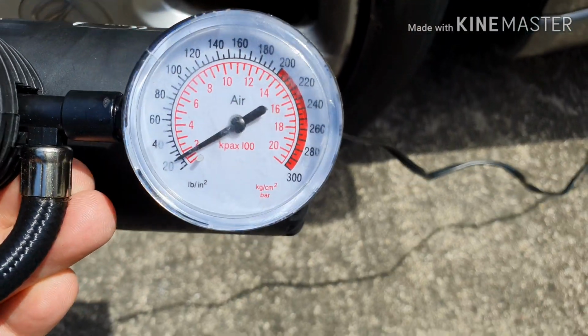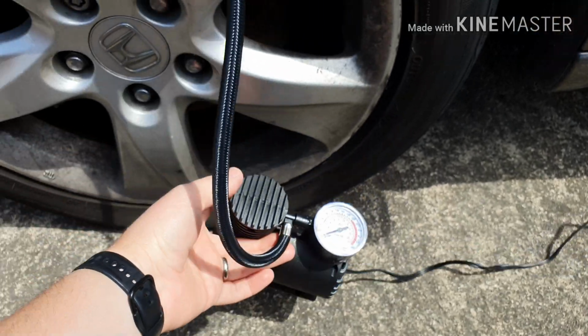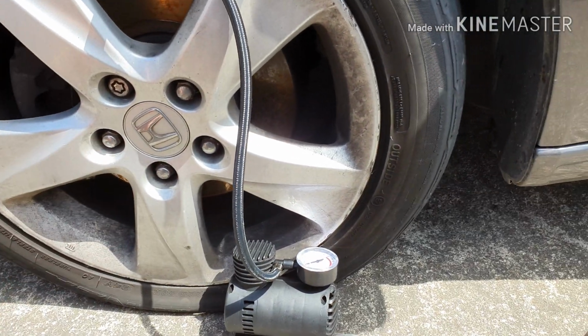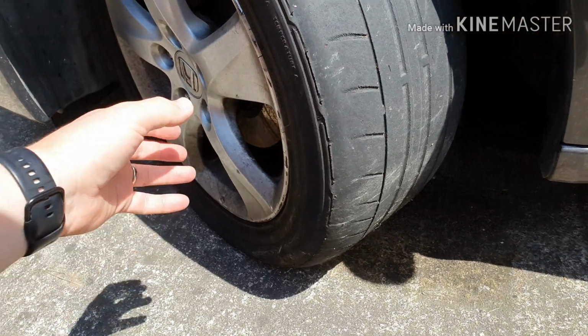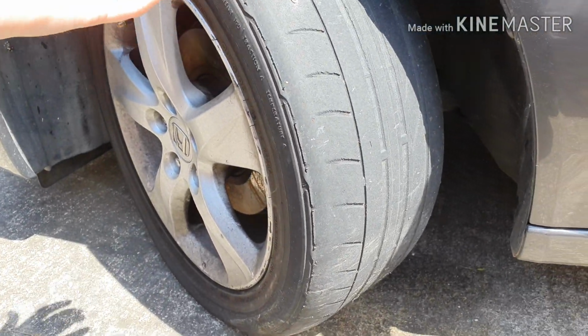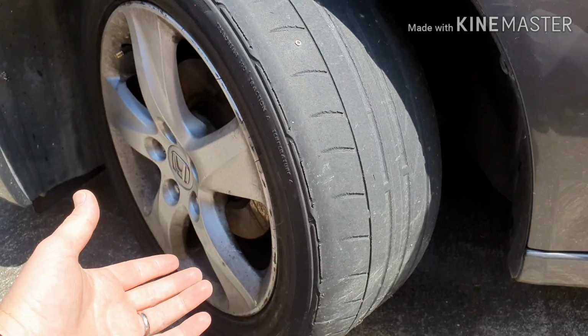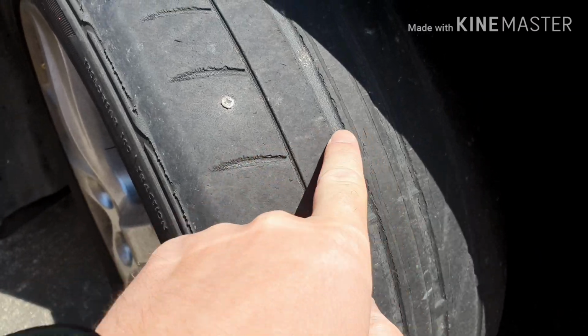Okay, I think that'll be grand. I'm getting a couple of PSI in there, so I'll just get working on this now. I've pumped it up a bit just to get some air into it, so that it's easier to do with air in the tyre, but you can still do it without the air in the tyre. Anyway, here is the screw, and here is how bald my tyre is,